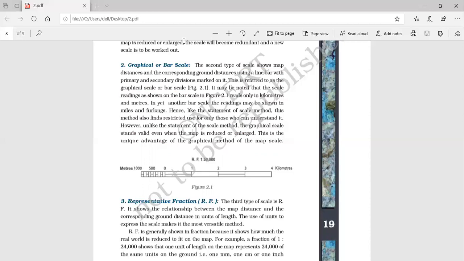If we are getting this, what we have to do is first just draw a line. In case of kilometer and meter, later on we'll solve the questions, then it will be more clear. So here I'm just giving an example of how to make it. In terms of kilometer and meter, we have to make a line of 15 centimeter. This is universal. When you show miles and furlongs, then we'll draw a line of 6 inches, because you can check on the scale, 6 inches is equal to 15 centimeter only. So anyhow we have to draw a line of 15 centimeter. It may change according to the question. Right now I'm just giving an example roughly. Okay, so this is 15 centimeter.